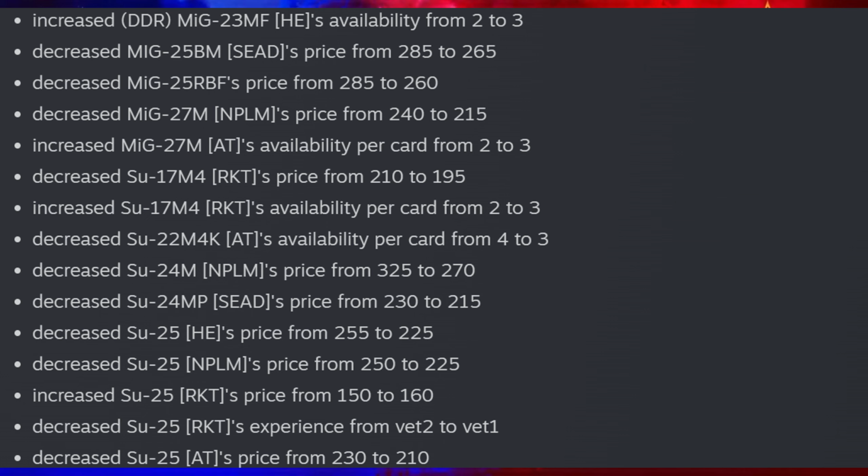decreased the MiG-25 BM seed price from 285 to 265, decreased the MiG-25 RBF's price from 285 to 260, decreased the MiG-27M Napalm price from 240 to 215, increased the MiG-27M AT's availability per card from 2 to 3, decreased the Su-17M4 rocket price from 210 to 195, increased the Su-17M4 rocket availability from 2 to 3,